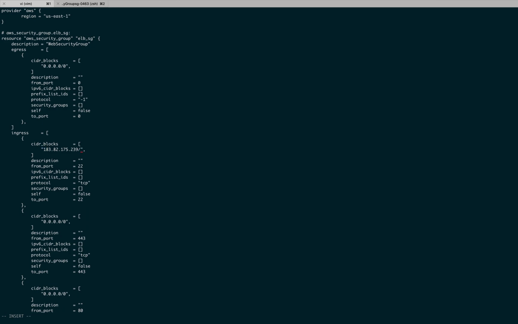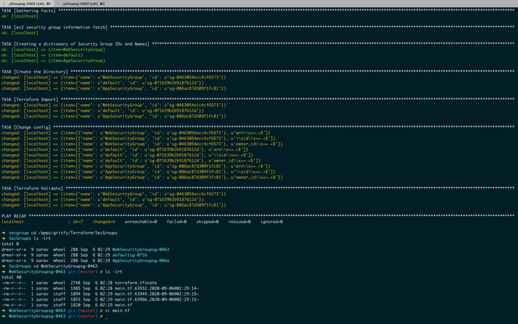So I'm making SSH only allowed from my public IP, and I'm also adding a description, allow only Sarav's MacBook Pro. So this is the change I have made. Now I'm committing it. Now I have done the commit.